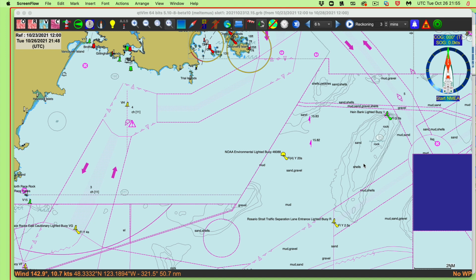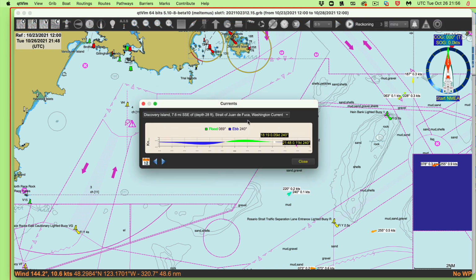So this is a note about tidal current presentations in eChart navigation, and in particular we're looking here at qtVlm, and we're looking at tidal currents. I want to stress that there's two ways to do this, and I'm looking at the second type here. First of all, we have these arrows up here at the top, and we can just turn this on, and that will just show all the stations right here, and then we can click a station and then